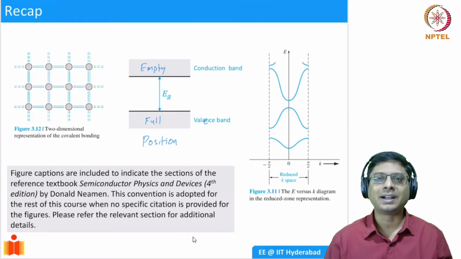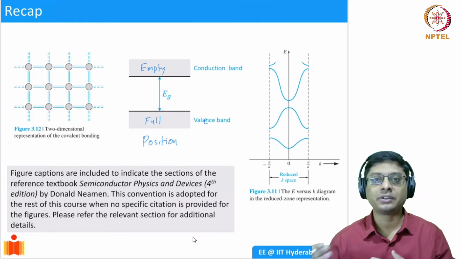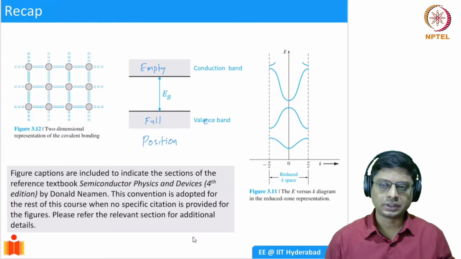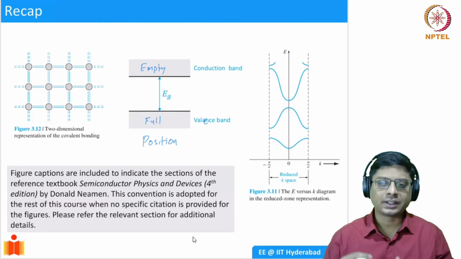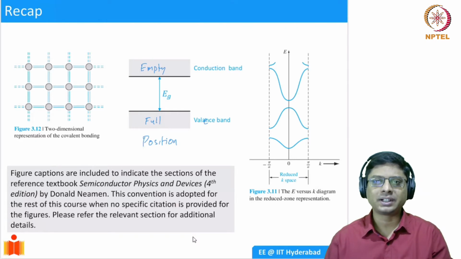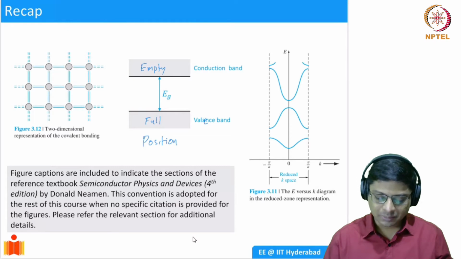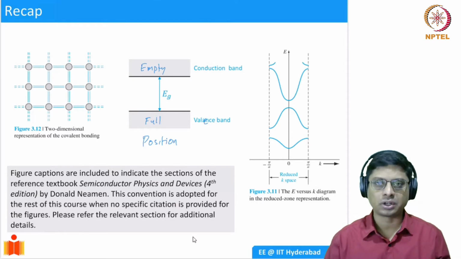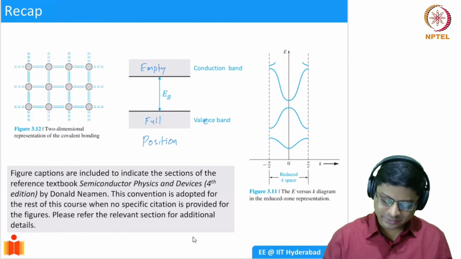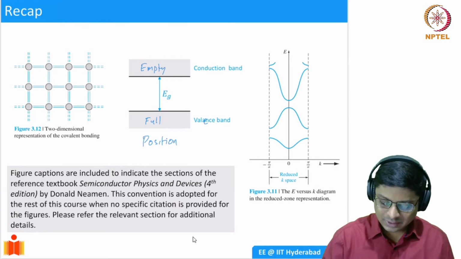This is essentially the band diagram in the Fourier space. K is the wave vector, so it is the energy versus K diagram, the EK diagram we call it. Here it essentially shows you the various states that are available. We saw the dispersion for a free electron, and the EK diagram for a semiconductor is similar to that. For a Kronig-Penney model, we didn't solve it, but we showed you that the EK diagram will look something like this, wherein you have the lower bands and then you have the valence band,